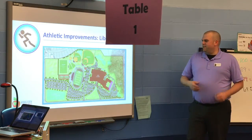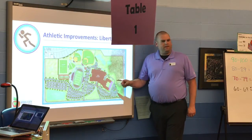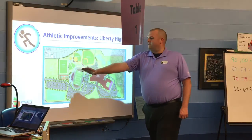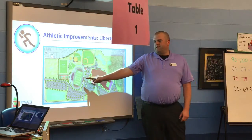All right, so Liberty High. Liberty High is opening this fall. It's this maroon part that's open. Everything else is not there. Okay? So if you remember West High, when West High opened in 1968, it also didn't have a football field